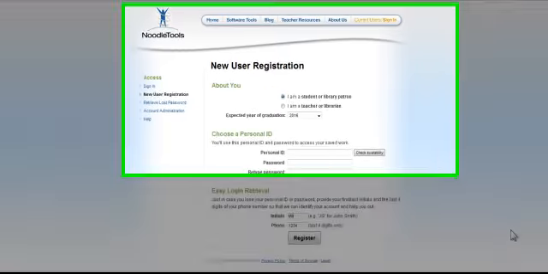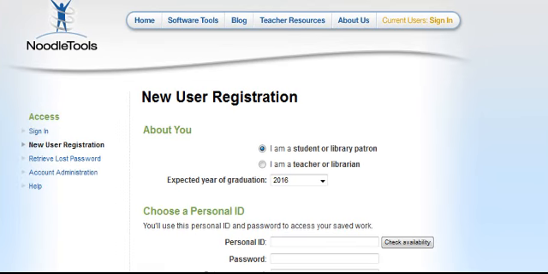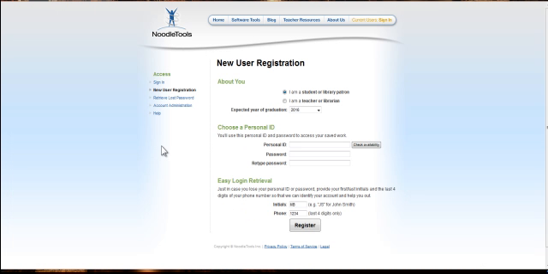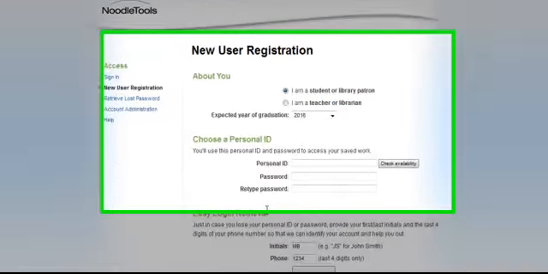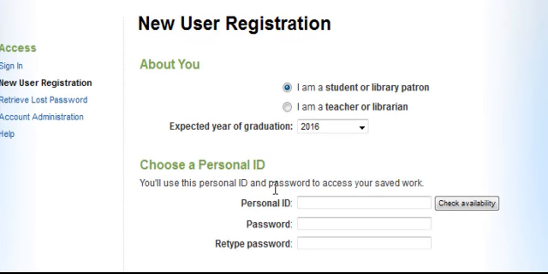Let's learn how to register students and get them researching on NoodleTools. So I am on a NoodleTools page, and this is after I've clicked through to a school link, and from there NoodleTools has asked me to choose a personal ID, so I've clicked through to that, and now I'm going to go ahead and click I am a student,